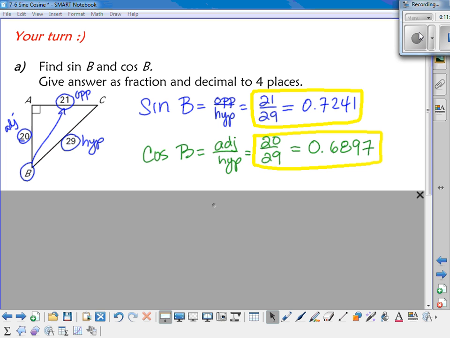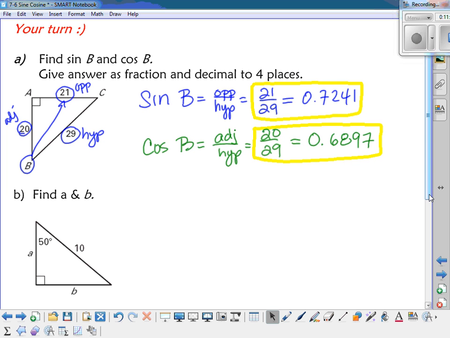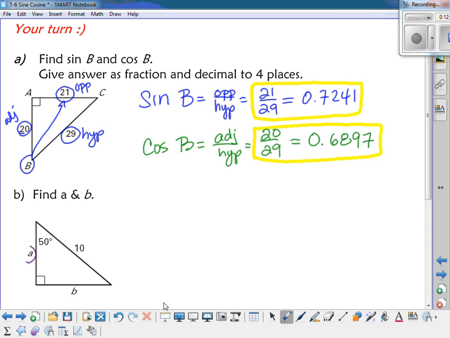Okay? All right, here is another one. You're going to find the lengths of A and B. So you're going to figure out which part do I need to use. Do I need to use cosine or sine? And it all depends on which 2 pieces you have. So for instance, if you have A, which is adjacent, and 10, which is the hypotenuse,